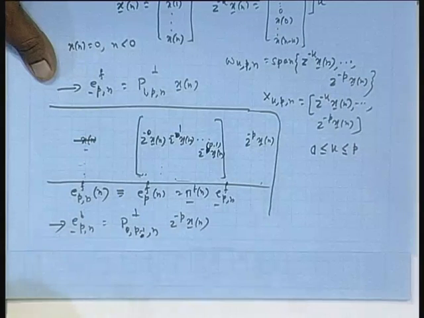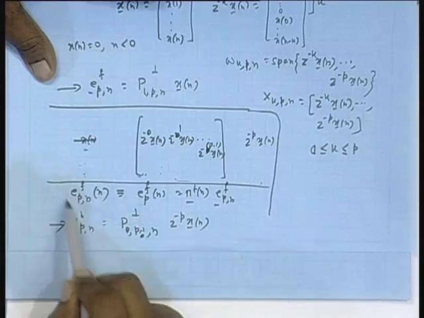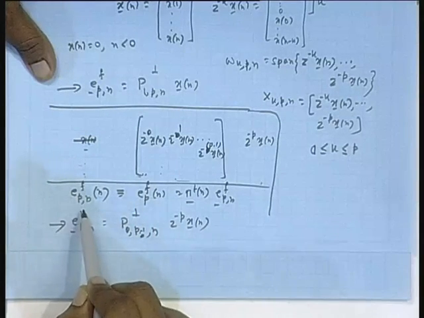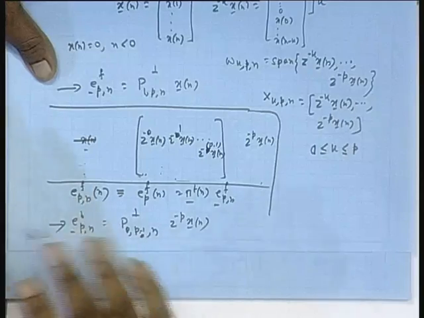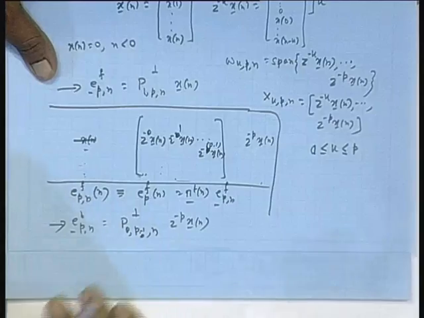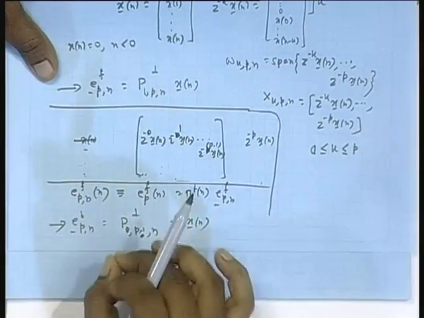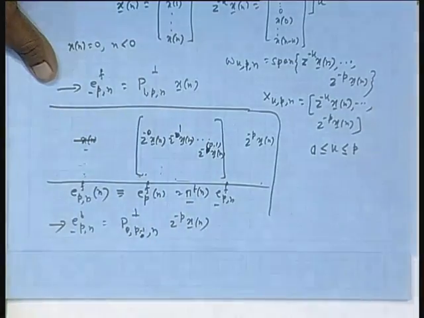Suppose these are given, these vectors are known. In fact, I will be only bothered about the lattice recursion that involves the last sample, okay, not the entire vector, but I will derive the recursions first in terms of the vector and then just take the last component. Recursions first will be derived in terms of the total vector, and then I am bothered about the last component, just take out the last component. That is how it will be done.